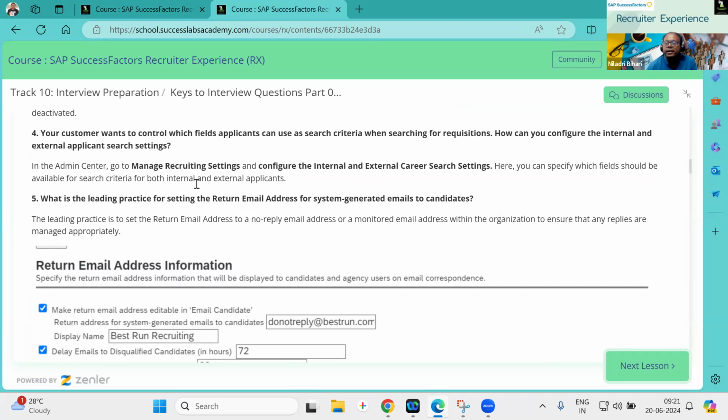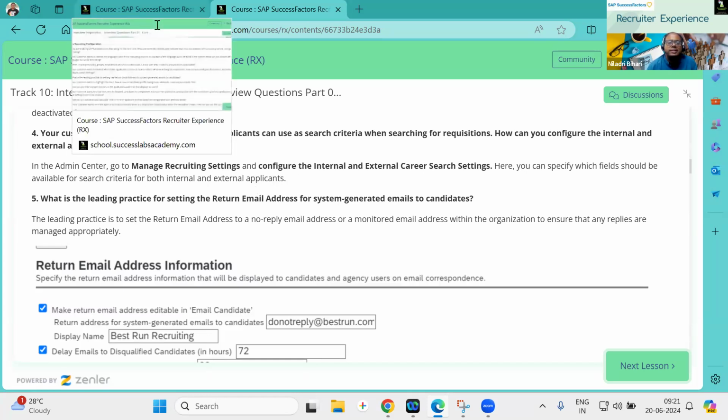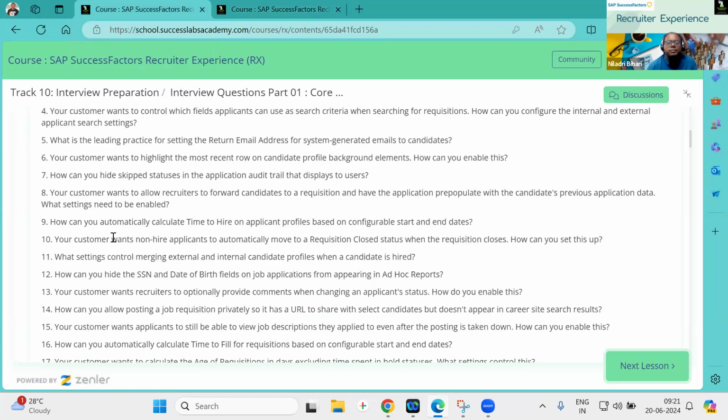Suppose I'm an internal candidate inside the company, what field criteria do you have to apply? If I'm an external applicant, what criteria can I use? How would you control that? That is something you have to answer. Hope it is clear. Moving on to the next question.